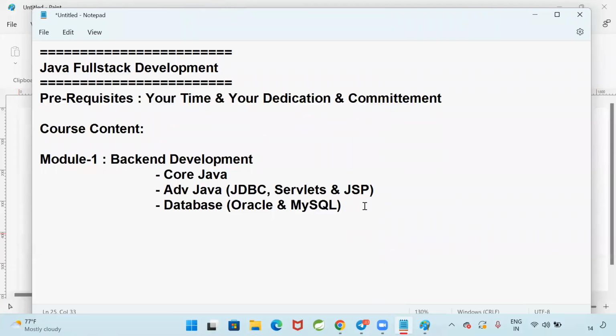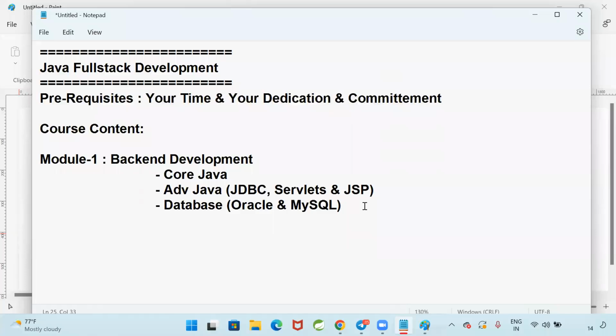Does the database know English? Does it know Hindi? No. For the database, there is a language called SQL. A computer's own language is binary, 01. The database is software that knows SQL, Structured Query Language.